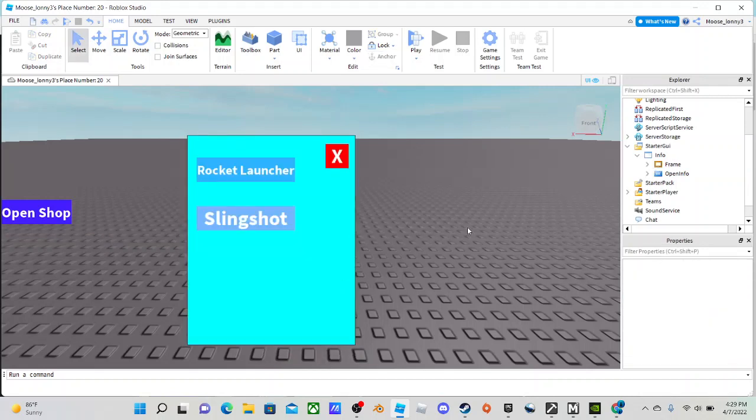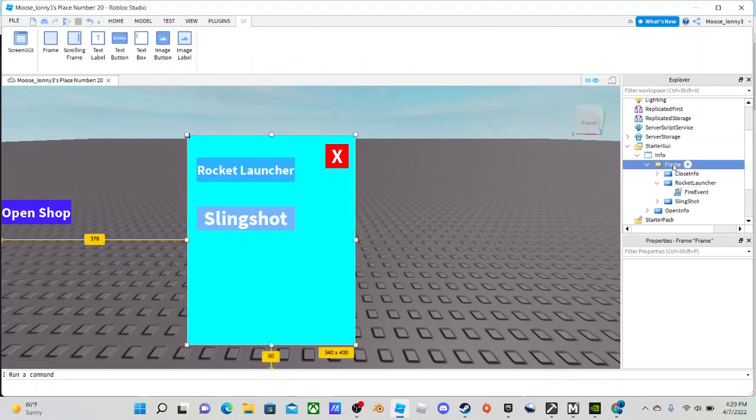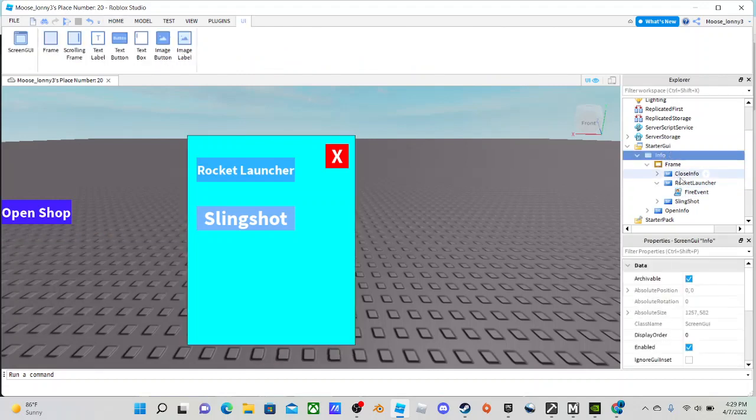Now this UI, I made this UI when I was pretty young, like 12 or 11, I guess. And I wasn't the best UI maker, but yeah, it looks kind of clunky. The colors are a little off, as you can see here. This one's darker than the other one. And it's not info, so yeah. Basically, I'm just gonna change this back to